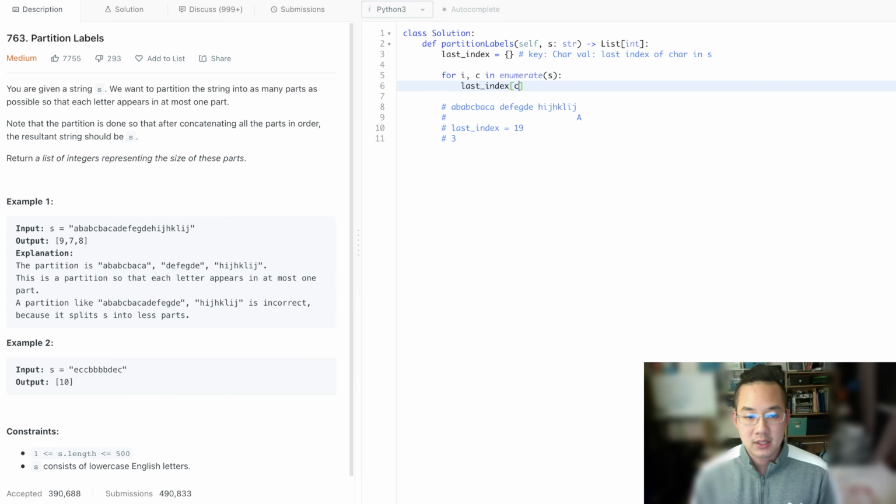So this updates the particular character with the last index, and the last item would be that particular index. So we create the array, create the size, create the last item,